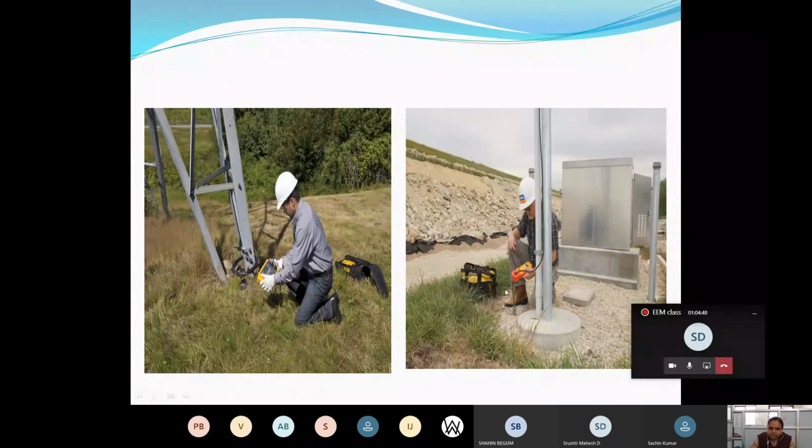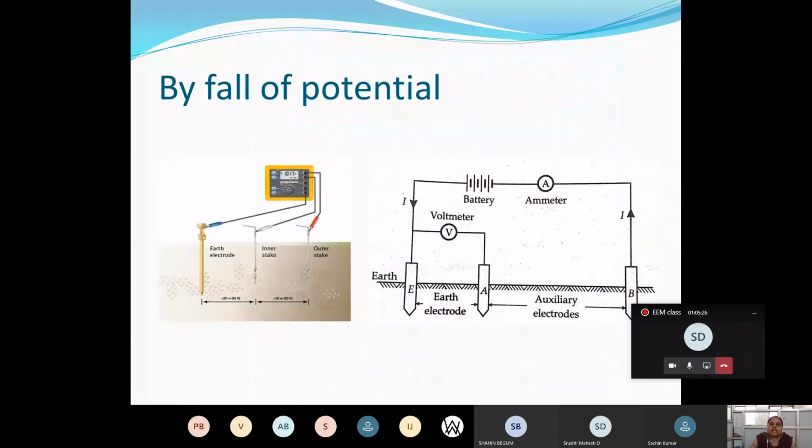This is one example of how they connect and check. For a cable, they check the resistance value. Here also they are checking the earthing resistance, whether it is correct or not. This is done digitally. These are the instruments they use, digital ones, not like how you insert there. They just fix the digital equipment and it gives the output. These two images show how to test. This is one method, by fall of potential. This will be given for a 6 marks question: fall of potential, 6 marks.